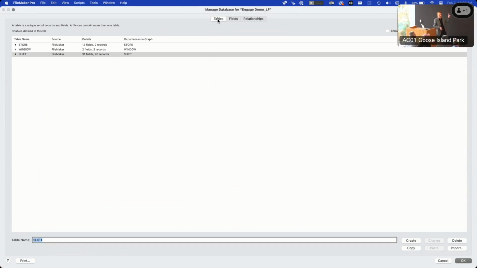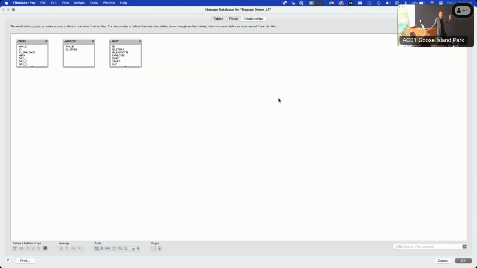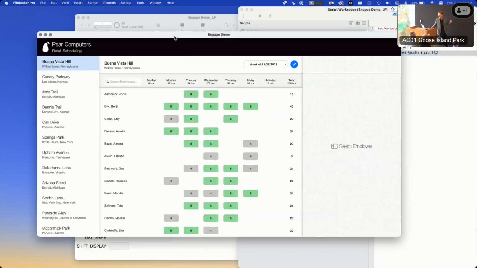file. I have a window table. Again, that's how I'm driving the multi-window. I have a store table and I have a shift table. That's pretty much it. Relationship-wise, there literally aren't any. There's just the three table occurrences. That's really it. And what all the windows magic is really happening in the hosted file where I'm